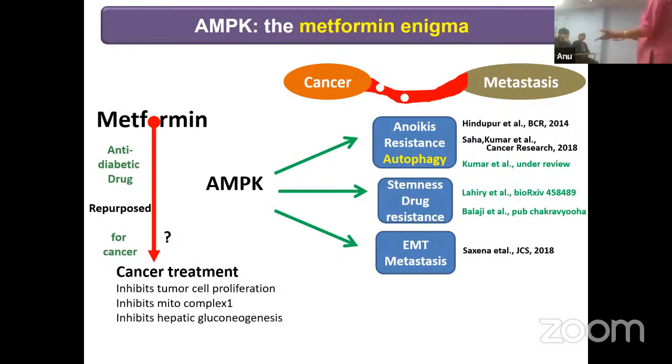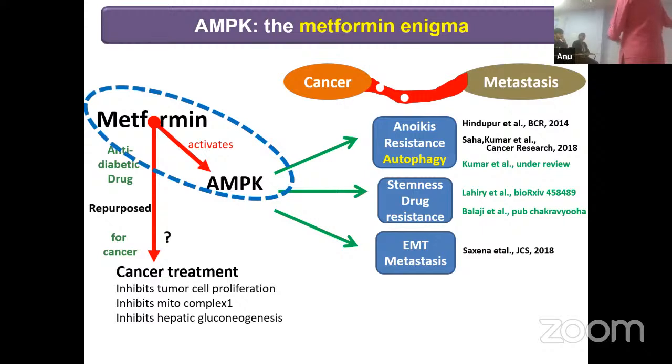So it said that metformin is actually good for the patient. If we activate metformin, there should be less number of tumors. But the tragedy is this: metformin is an activator of AMPK. The way it works as an anti-diabetic drug is by activating AMPK. What did I tell you about AMPK? AMPK plays a crucial role in the spread of tumor. So are you thinking the right question? What is the right strategy in the clinic? To inhibit AMPK or to activate AMPK? Inhibit. Unfortunately, because metformin is a cheap drug, and there was longitudinal data saying that women who took metformin had less frequency of getting cancer, and metformin, by activating AMPK, was inhibiting tumor proliferation,